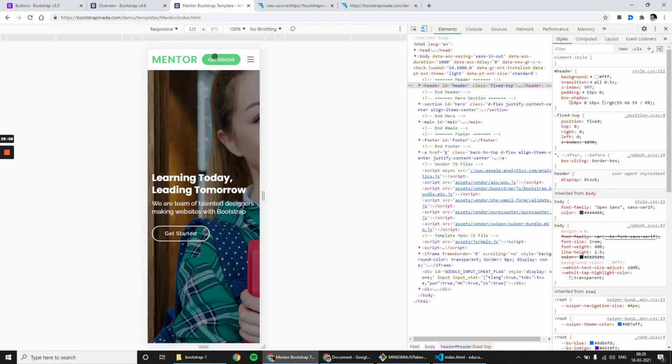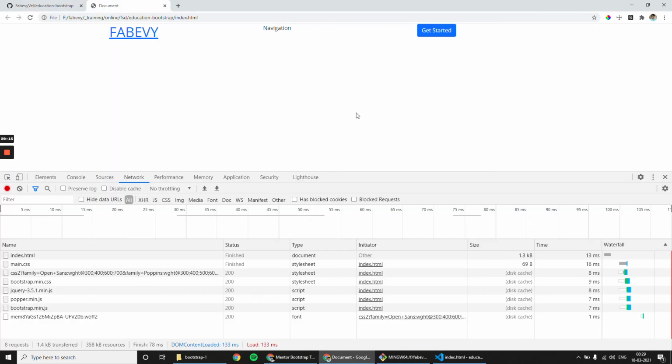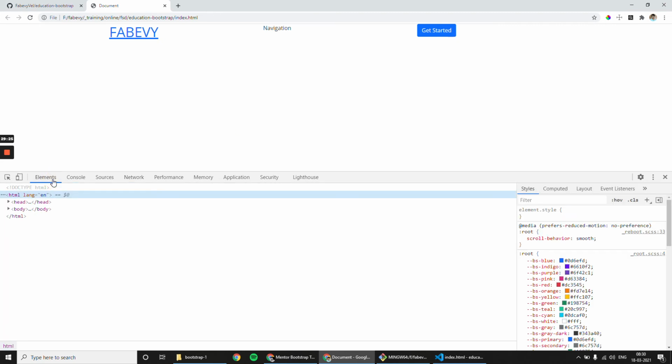But the look and feel is completely different from the reference website. In the reference website, the primary color is green and the radius is also different. So we will achieve it by writing some CSS in our style sheet. But for now, let us keep it like this until we bring the basic layout. First, we will focus on bringing the basic layout. Then we will focus on theming, which means look and feel.